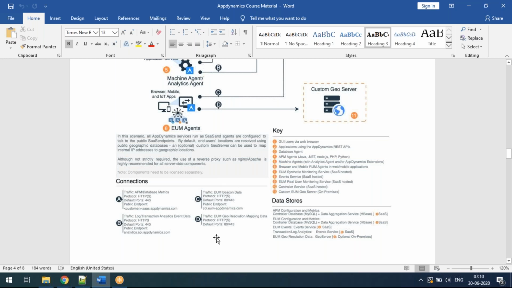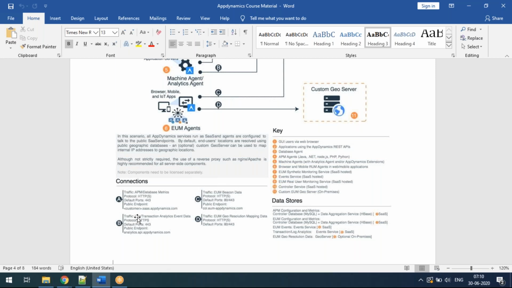This is the protocol, this is the port. So basically what I am trying to tell you is it is all unidirectional. If it is HTTP, it is 8080. If it is HTTPS, it will be 443, and this is how the data flows from the agents to the AppDynamics SaaS account.